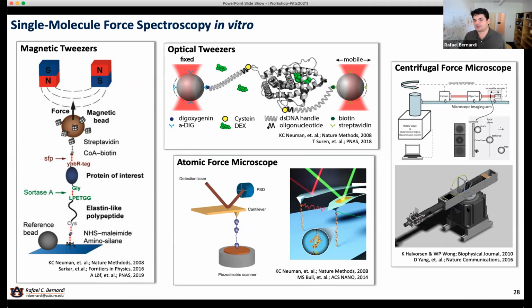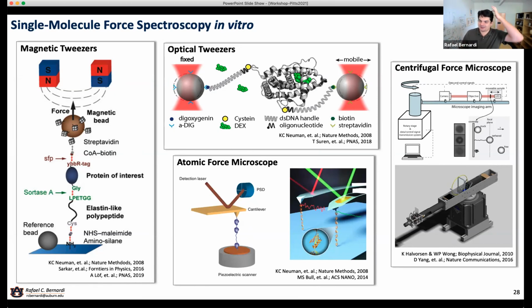It's called centrifugal force microscope, and what they have is they spin a microscope very fast. They have many beads at the same time, so they do single molecule experiments, but they do thousands of single molecule experiments at once, because they have many beads. They can track each one of them individually, so it's single molecule, but they do all at once, so they get multiple data out of, they get a large N